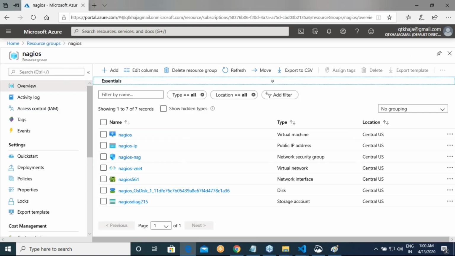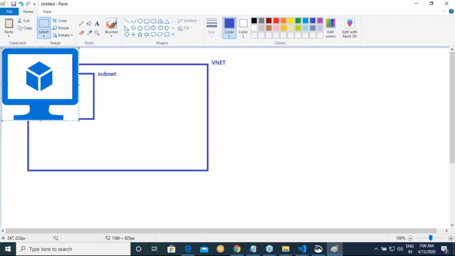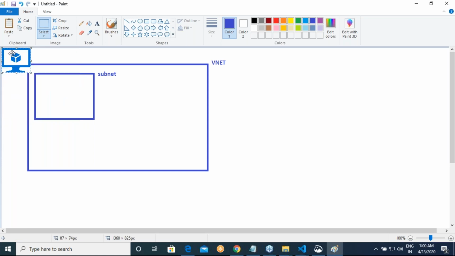So our Azure virtual machine will be in this subnet. For example, in your home, if you want to connect to a network, what will you do? You will connect to a Wi-Fi adapter. If it is the older way, you would be taking a network wire and plugging into your Ethernet socket, right?